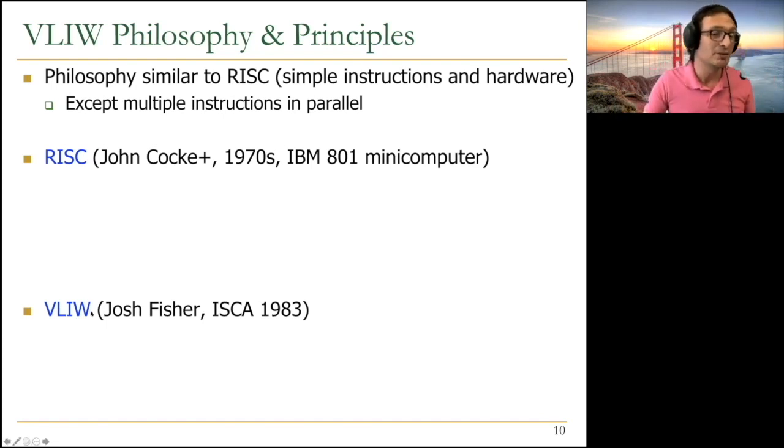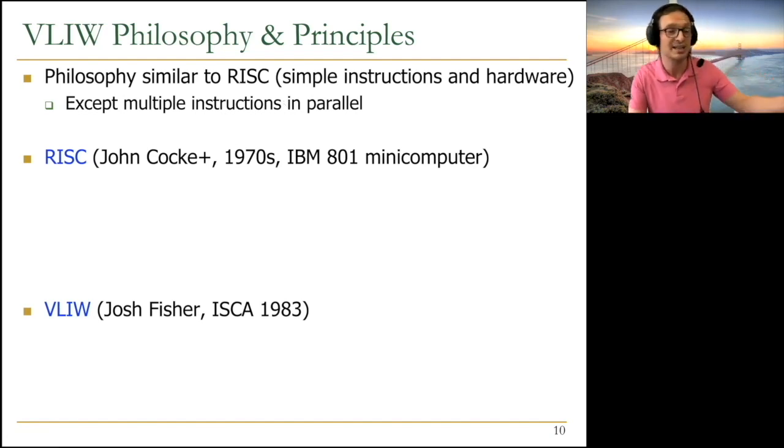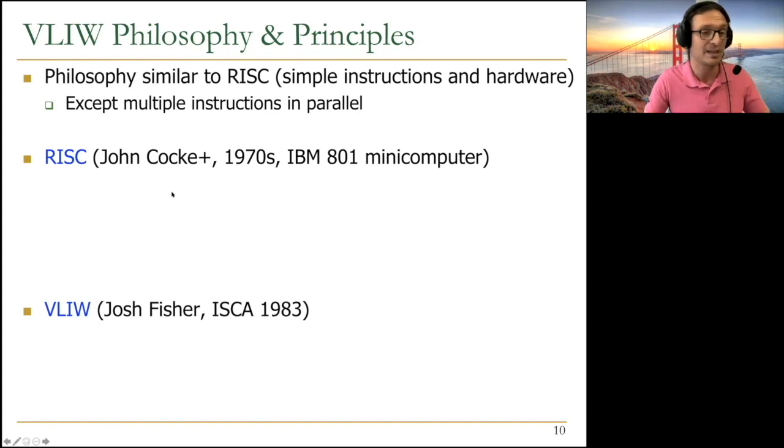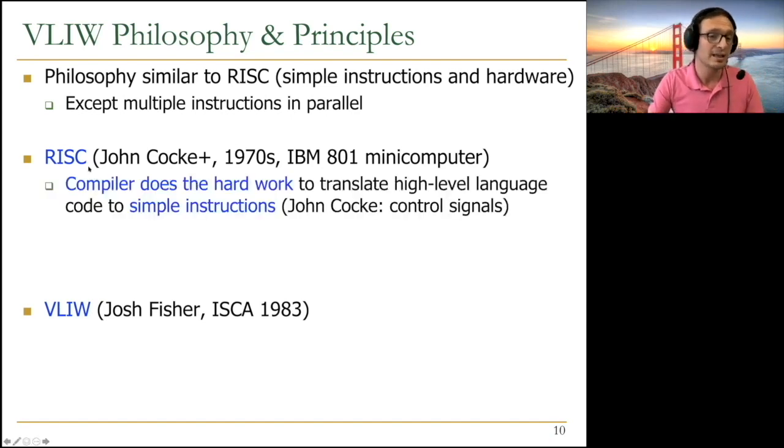Whereas VLIW is really multiple instructions in parallel, and the compiler needs to get parallelism across multiple instructions in a clock cycle. So that's the big difference basically between RISC and VLIW. We have multiple instructions fetched in parallel. So VLIW is in a sense a bit more ambitious because you really need to get the parallelism across these fine-grained instructions. So in RISC, the compiler does the hard work to translate high-level language to simple instructions like the